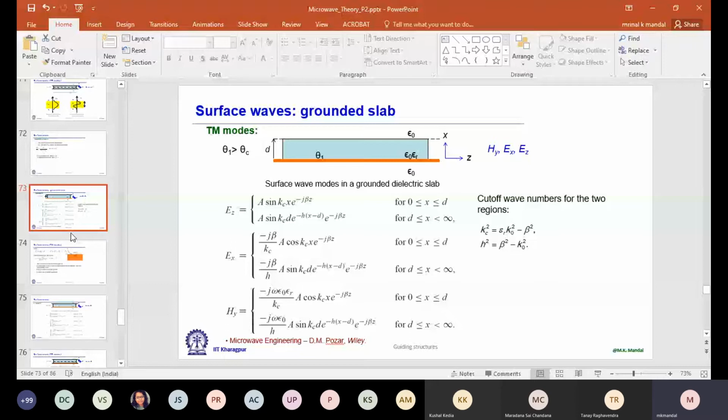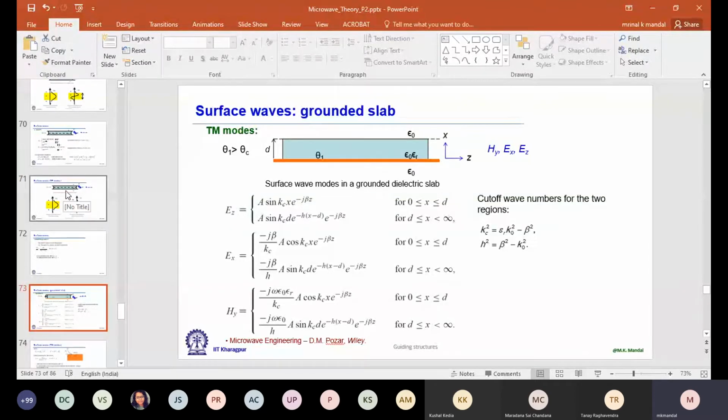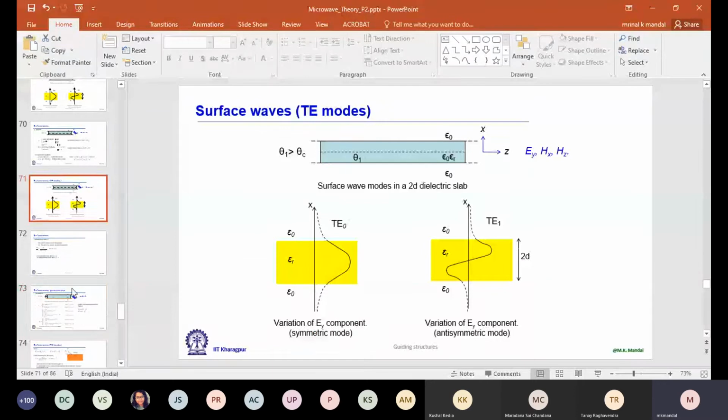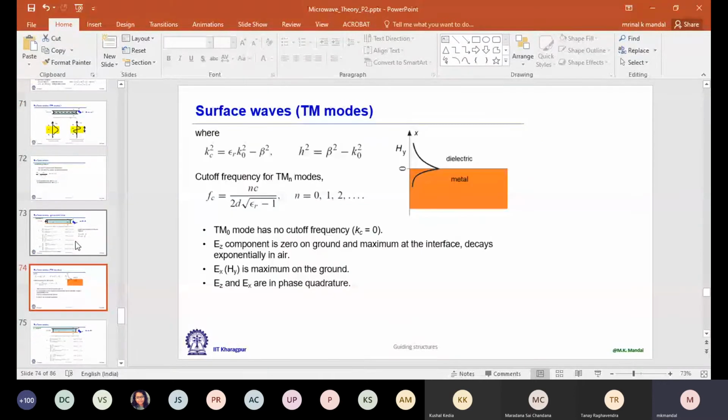And if we go through the analysis, again we see, first of all, it will be hybrid modes. But looking at the field strength, we can approximate it by TE modes and TM modes. Now for TM modes, we have the EZ component, EX component, and HY component. Well, I think I changed the perpendicular direction. No, X, Z. Okay, it's fine. It remains the same. So Z is the propagation direction, and the substrate lies in YZ plane.